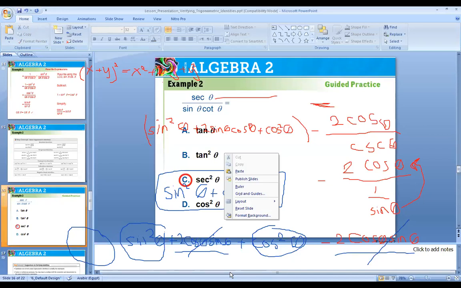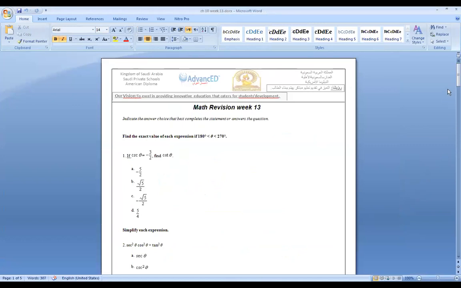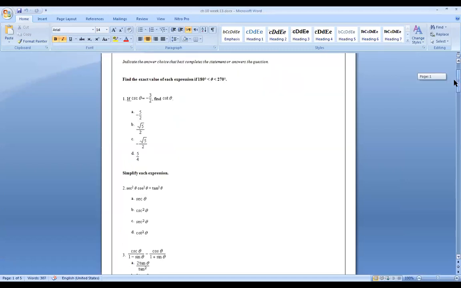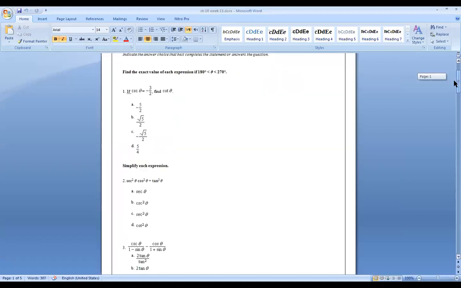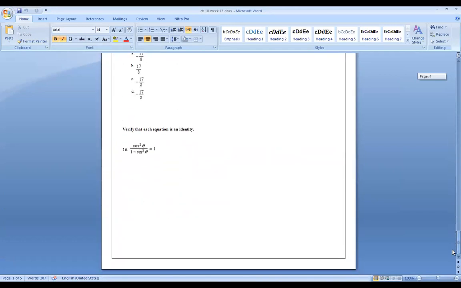Okay, so pay attention with me. This is the sheet, and this is your sheet. Please download this sheet from SBS. You'll find it on SBS. This sheet contains 16 problems. It's related to the two lessons together. Okay, so the last problem only is a problem